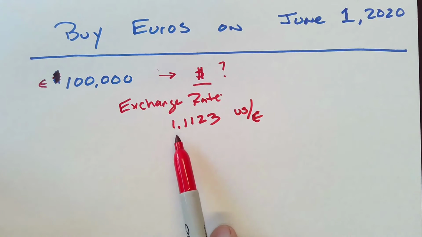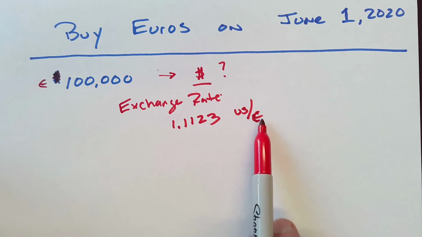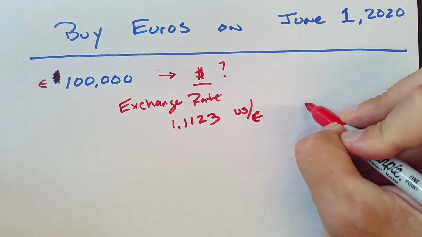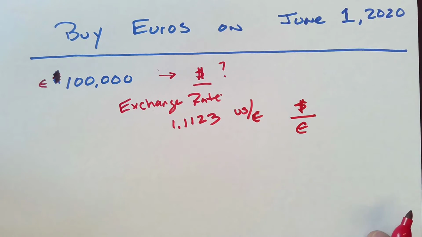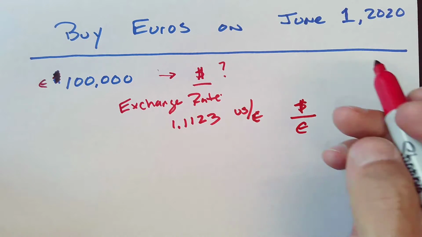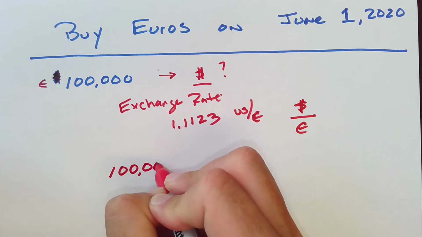So I have to spend 1.1123 dollars for a euro. So this is dollars to euro. So we take our 100,000, I know this is elementary,